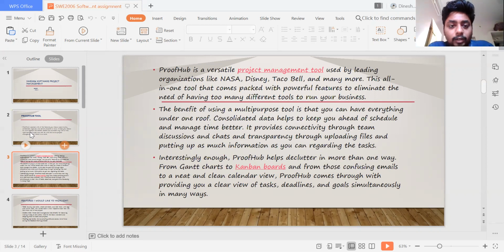This is an all-in-one tool. Like I said before, it comes packed with powerful features that remove the need for having too many different tools to run your business. The benefit of using a multi-purpose tool is that you have everything under one roof.